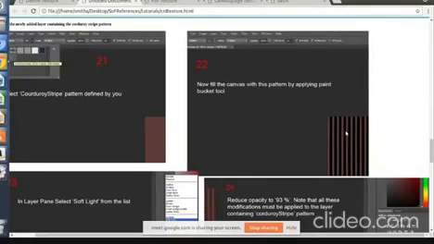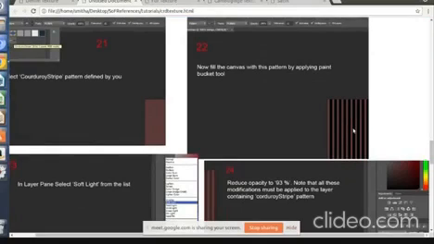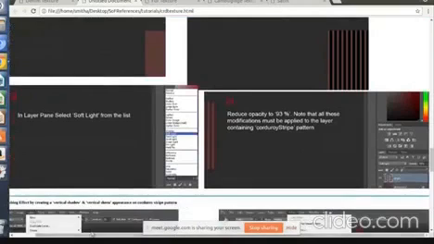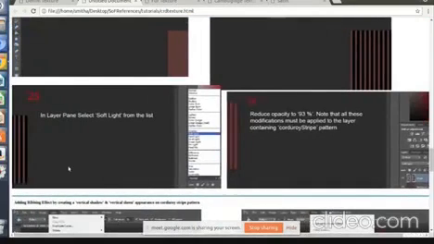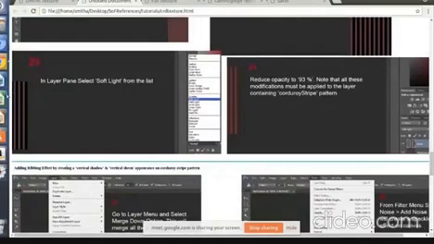Now on the canvas there are two layers, right? The first one is the background layer, which has the burgundy color filled inside it, and the second layer is called stripe, which has the stripe pattern filled inside it. Is that clear? Now what you have to do, you have to do some settings. Edit this stripe pattern that you have added in the new layer.